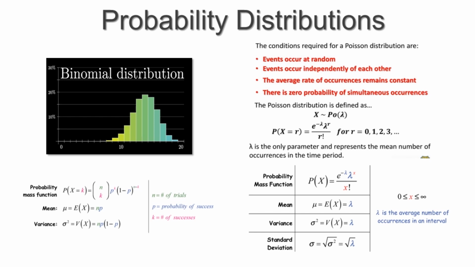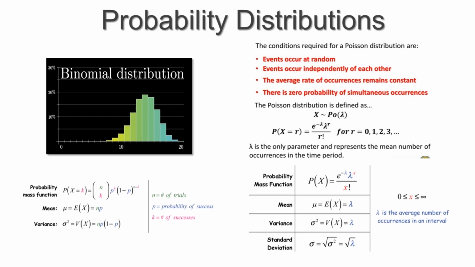Next is Poisson distribution. Here n is a very large value, the number of trials or whatever it is is large, and p is comparatively very small. Only for that condition do we go for Poisson distribution. Here the Poisson distribution formula is e power minus lambda, lambda power r by r factorial. Lambda is nothing but your mean value. The mean will be given in the question. That is also another key to identify whether it is a Poisson distribution or not. Mostly the word Poisson will be there or the mean value will be there in the question. By that you can identify it is a Poisson distribution question.